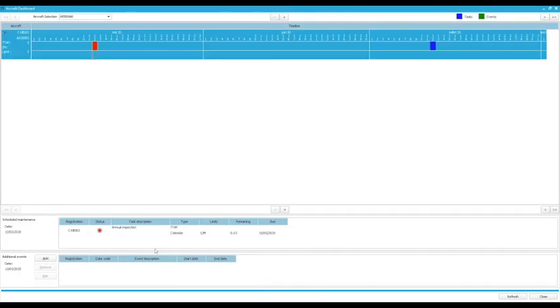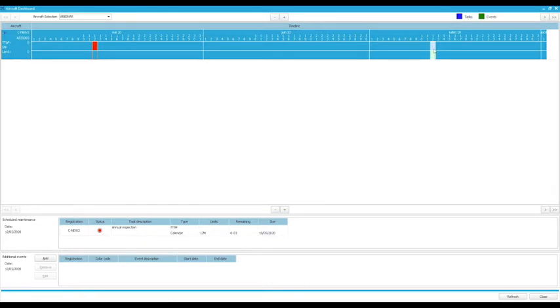This red flag will always be placed at yesterday's date. So for today the position is at May 12. Tomorrow it will be at May 13. This will allow you to see if you have some overdue inspections or if some updates are not being done for now.